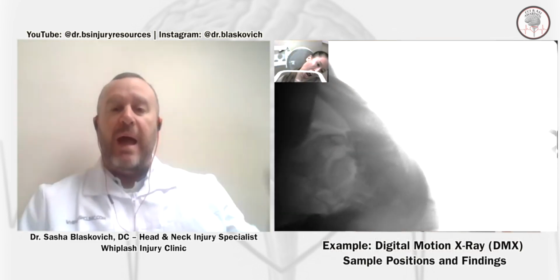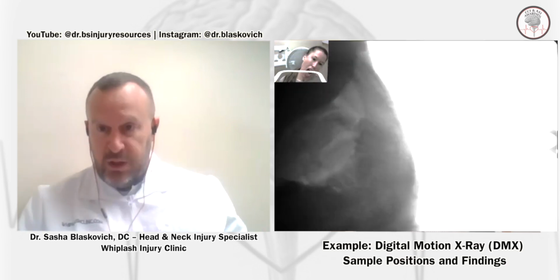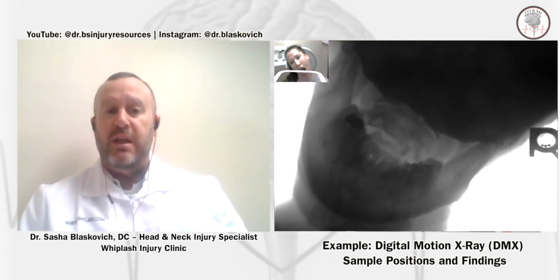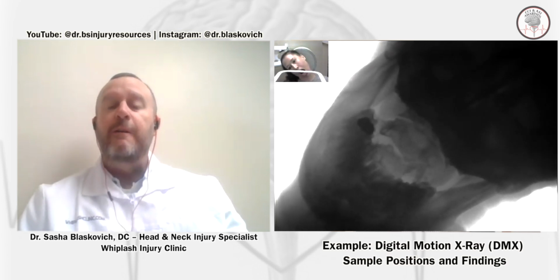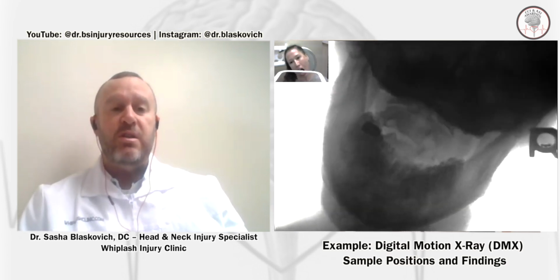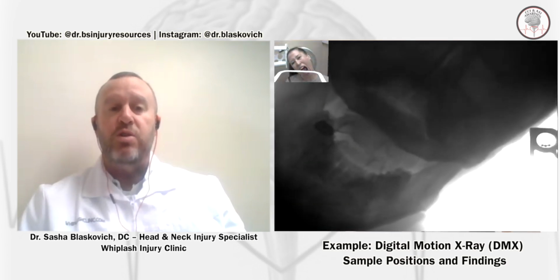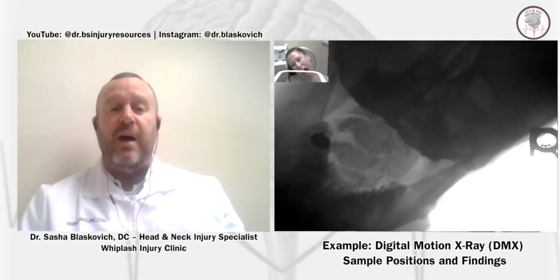The limitation is determining the severity of the ligament damage. So I always had the assumption that when you hit the end range of a particular movement, so let's say you go to maximum flexion and you take an X-ray, that at that maximum flexion point, when I'm holding that position, the maximum amount of slippage or abnormal movement is going to be caught by the X-ray. However, the way our neuromuscular system works, and this involved me looking at thousands of DMXs or motion X-rays to be able to see this, and it's a finite thing that occurs.